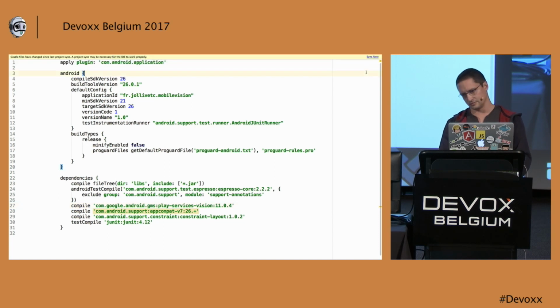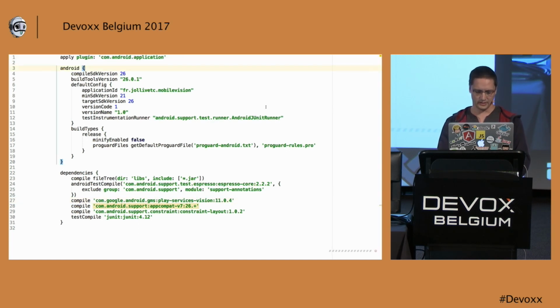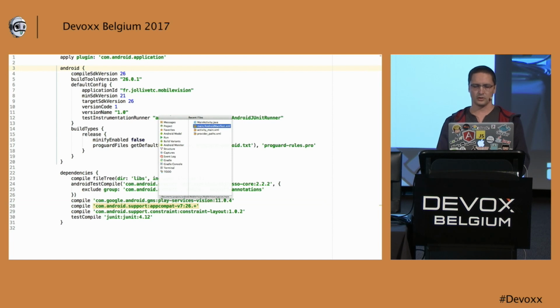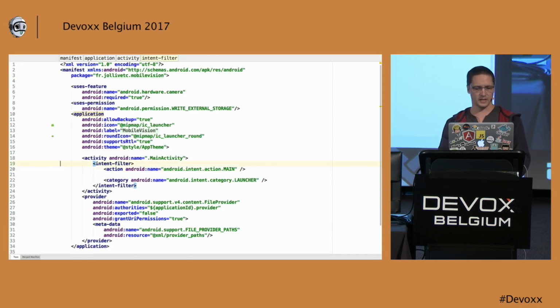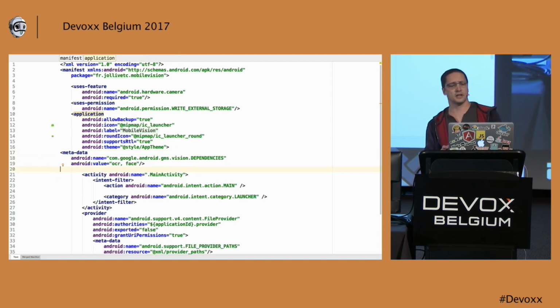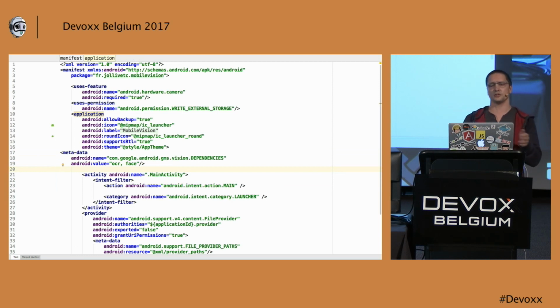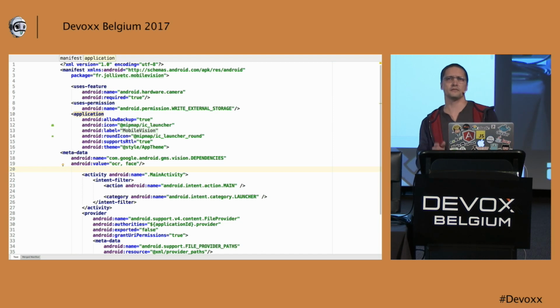Just sync it. Then you can go to your Android manifest, and in the Android manifest, I will add information to tell that the application will use vision dependencies, and it will do some optical character recognition, and it will do some face detection.